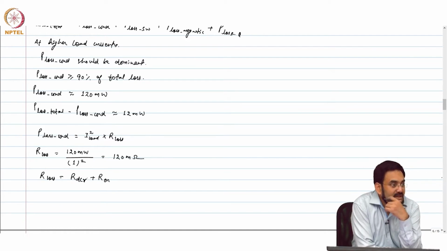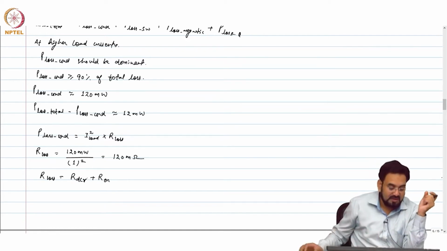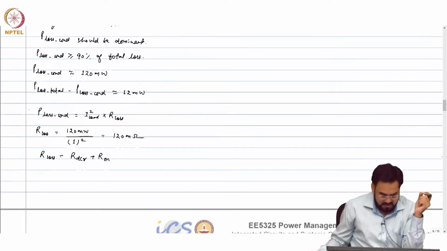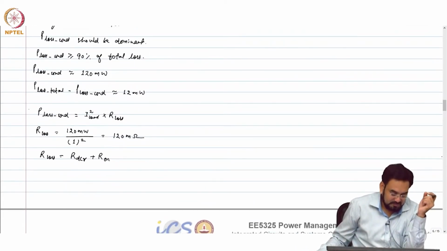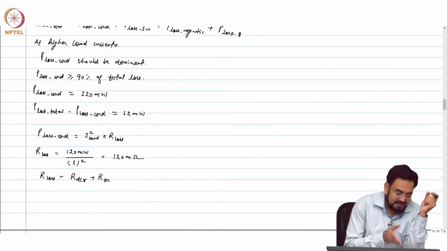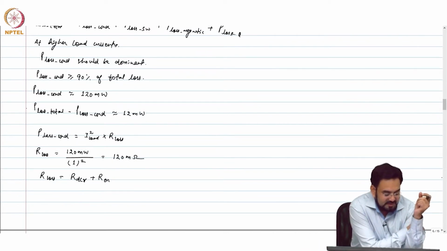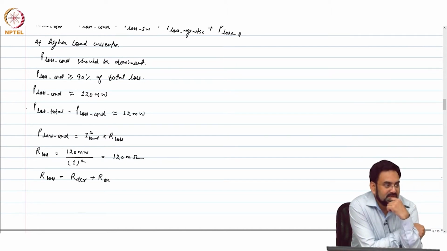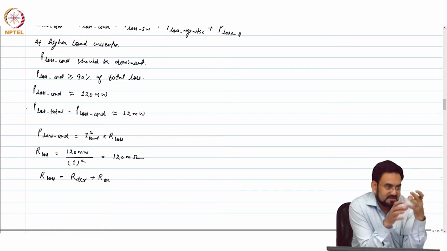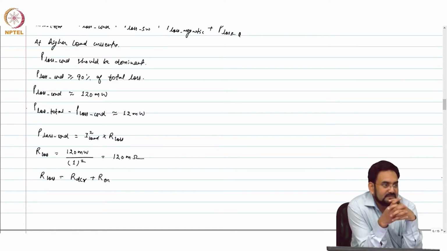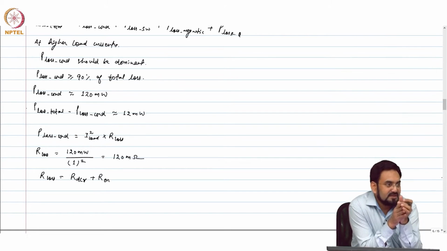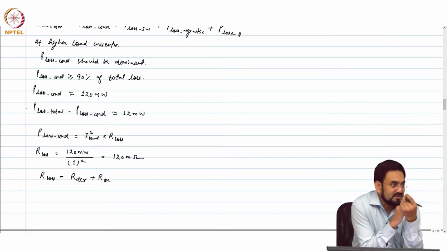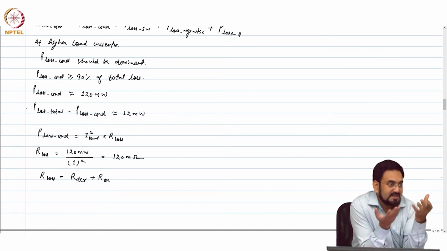Bigger transistor for bigger R on? Oh, okay. Smaller R on, huh? Yeah. So, let's say out of 120, you say that I'll keep R on 20 milliohm and RDCR 100 milliohm. So, 20 milliohm means your FET size should be big. What you will be losing here? The area and the switching losses, gate drive switching loss, because cap size will also be larger, gate cap.